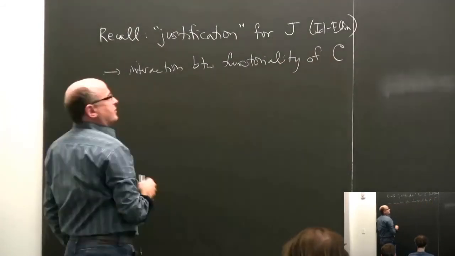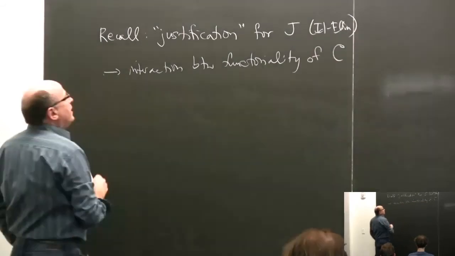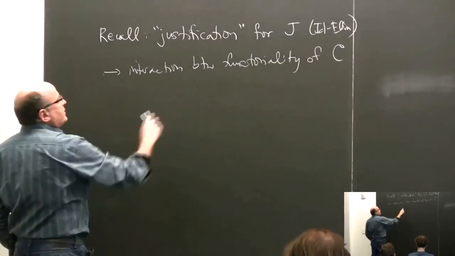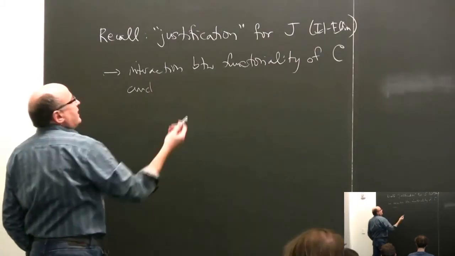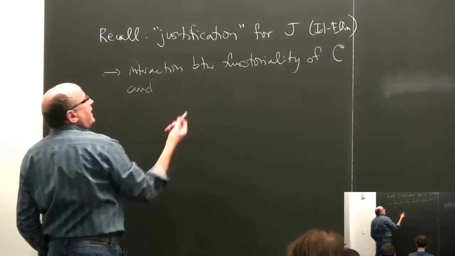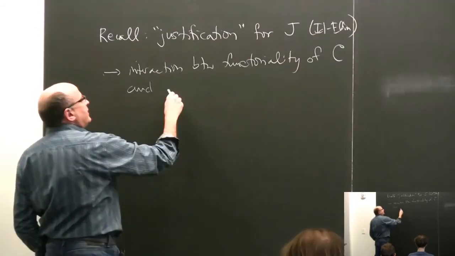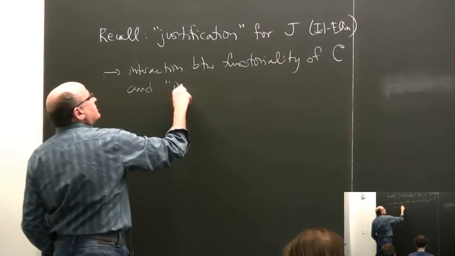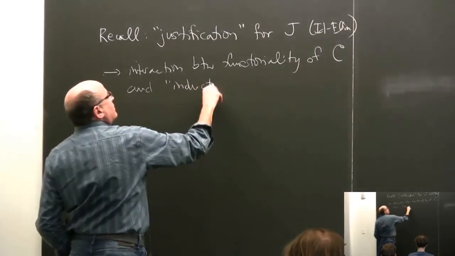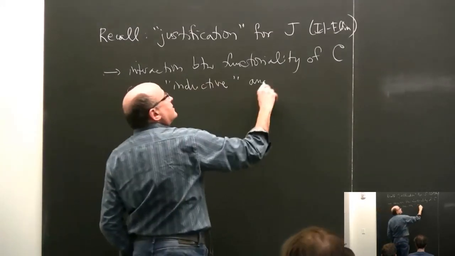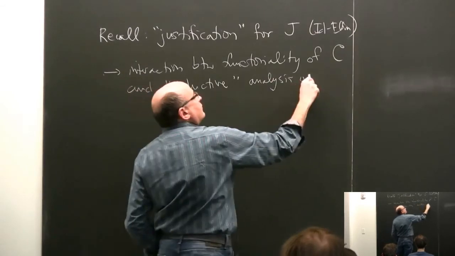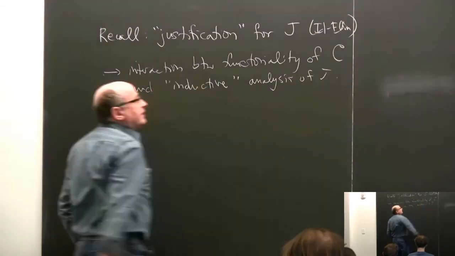I'll just write C because you'll remember what we were doing, and between that and the idea that J sort of behaves roughly like an inductive definition, and I can put it as the elimination form as a recursor. So for the inductive analysis, if you will, for reflexivity of J itself, of how J works